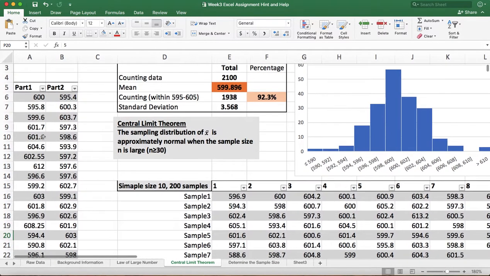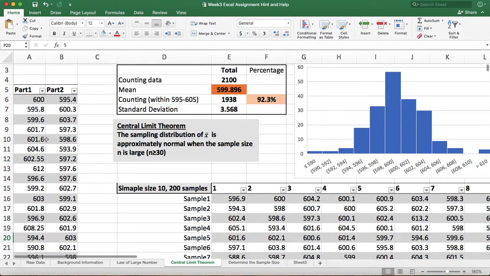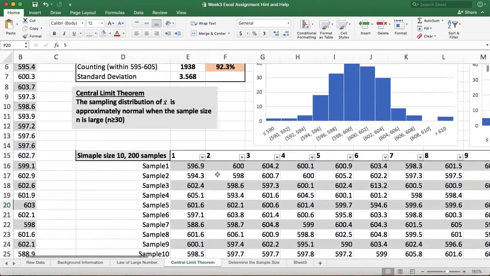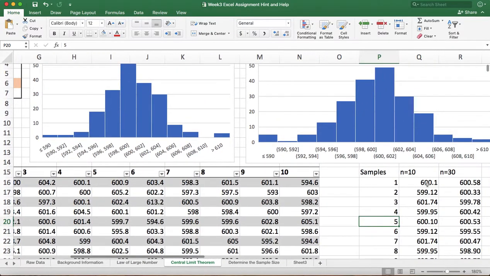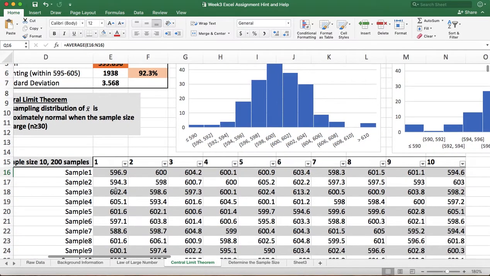I randomly draw 10 numbers from the population. These two columns are my 2000 numbers, and I draw 10 of the numbers randomly, 1, 2, 3, 4, 5, 8, 9, 10, 10 numbers to pick my sample 1, and I calculate the mean. The sample mean is this number, and I randomly draw another 10 numbers to pick my sample 2 and calculate the mean, and I repeat the process